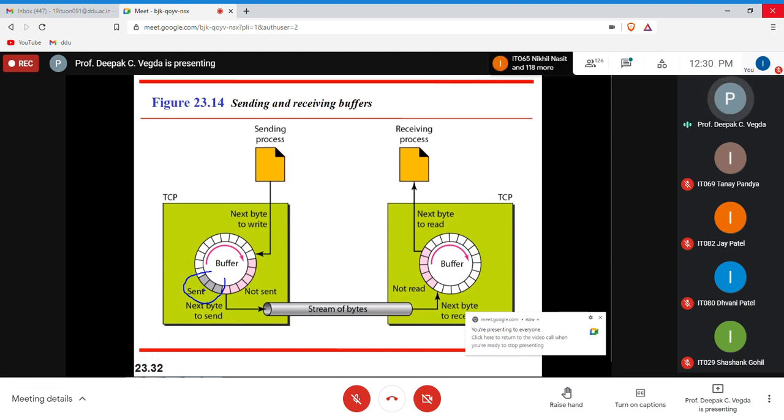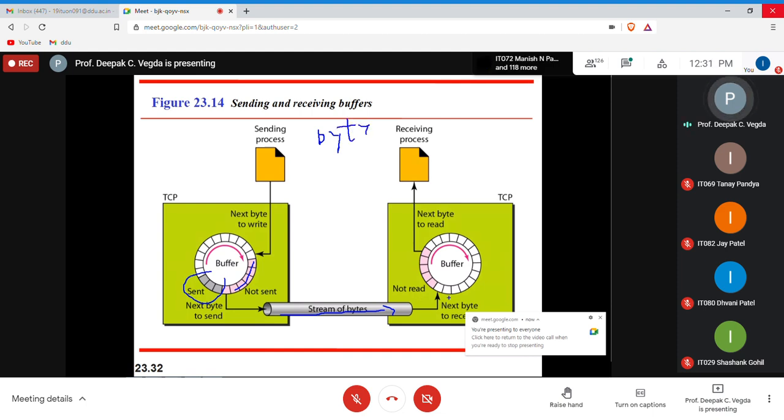Okay, so they are there. This I have not yet transmitted. They are there in my window. I will transmit it as and when I get time, or I'll slide it or something like that. This is a stream of bytes, every byte is there. And in your TCP, one thing you need to make sure is that every byte will be numbered. Every byte will be numbered. The sequence number will be based on your byte.